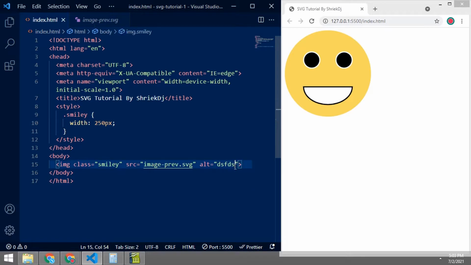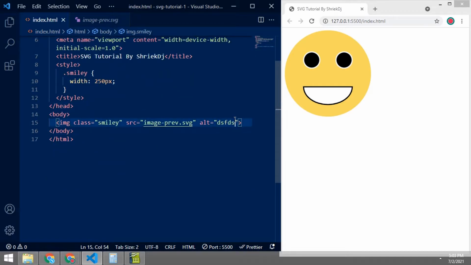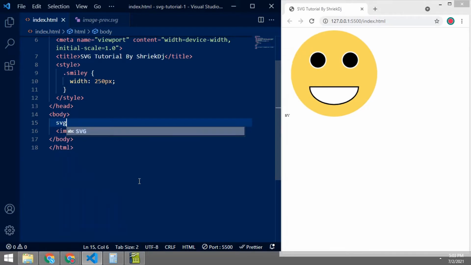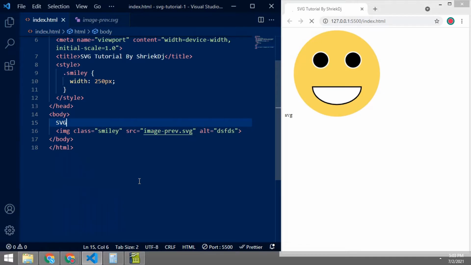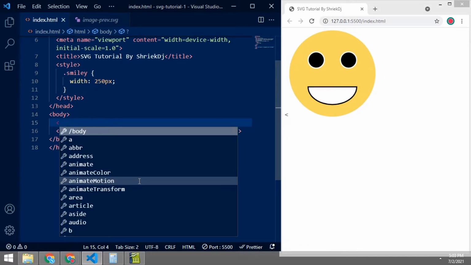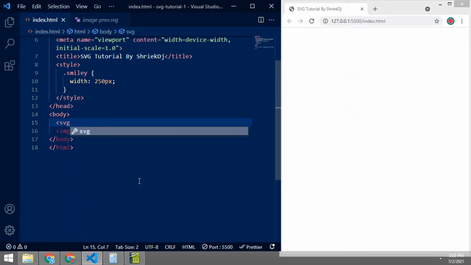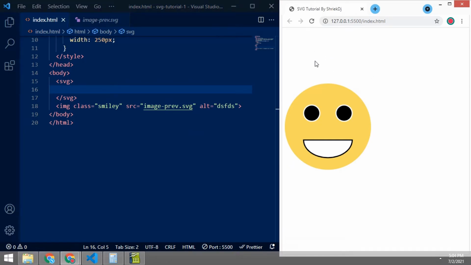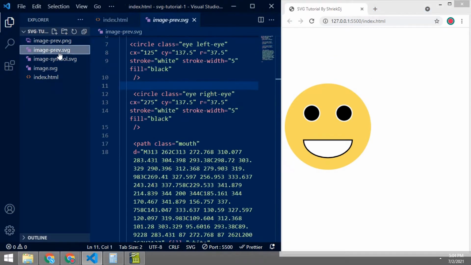After that, we can create our SVG files here also, like the svg opening tag, svg opened, and after that it is closed also. Automatically, I am using VS Code, so it is closing automatically.